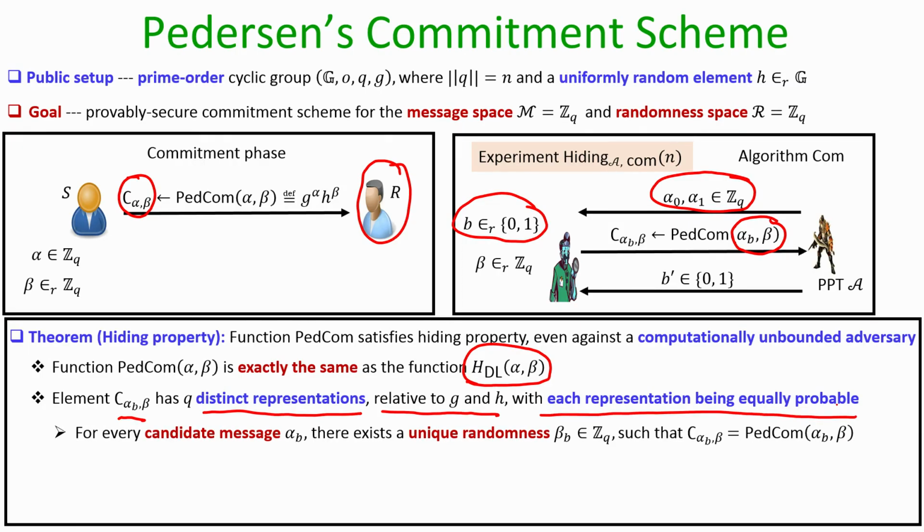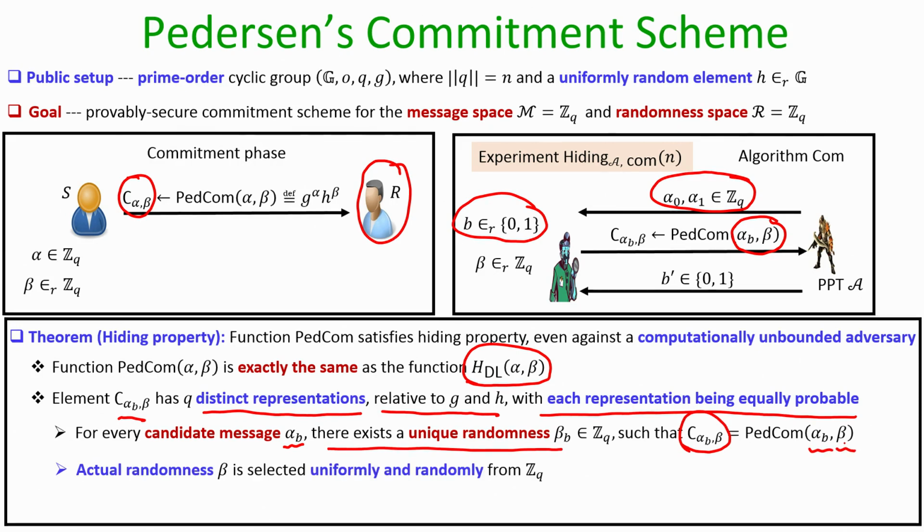That means, for every candidate alpha sub b, whether it could be alpha sub 0, alpha sub 1, alpha sub 2, or any alpha from the message space, there exists a unique randomness, say beta sub b, such that the commitment that the adversary is seeing could be the commitment of the message alpha sub b under that randomness beta. But the actual randomness which is used by the sender, or which is actually picked by the challenger in the